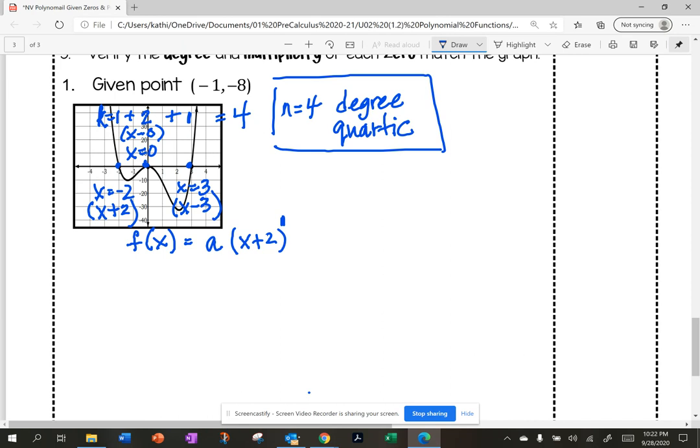And I'm going to write this as x minus 0, my multiplicity is 2. And x minus 3, and my multiplicity is 1. I don't have to really write the multiplicity of 1, that's understood, but I'm just doing that for clarification. Okay, so now I'm going to substitute in the given